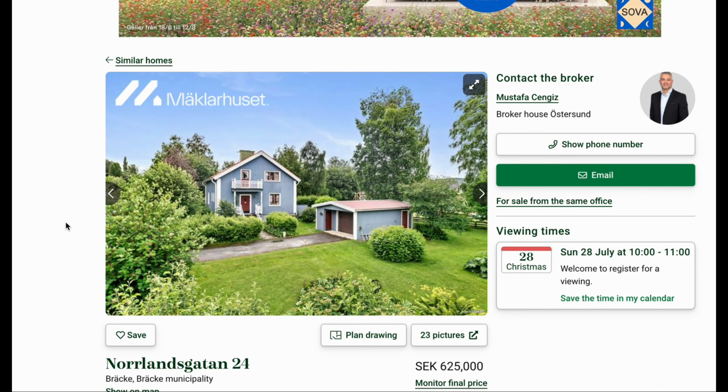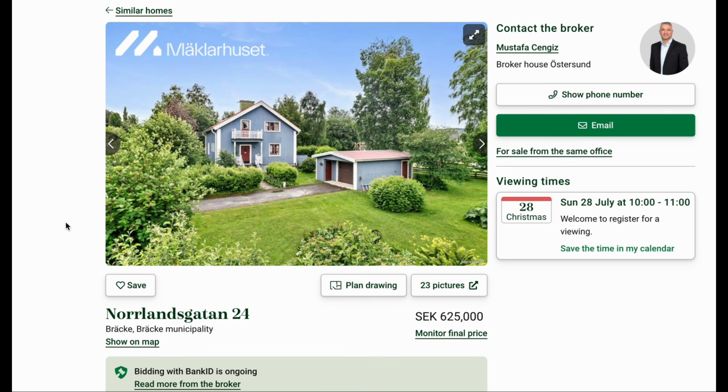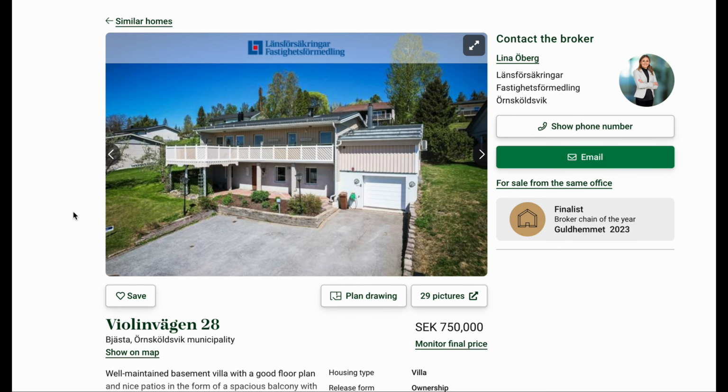So far this seems to be one of my favorites, I would say. I love blue as well. The blue-red combination looks really nice. It's one of the cheaper ones, way under $100,000. But let's jump to the next one, which is